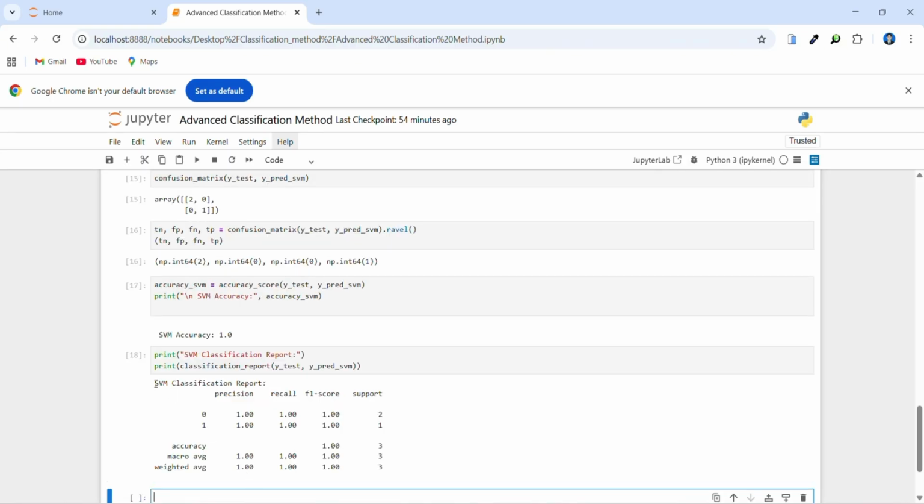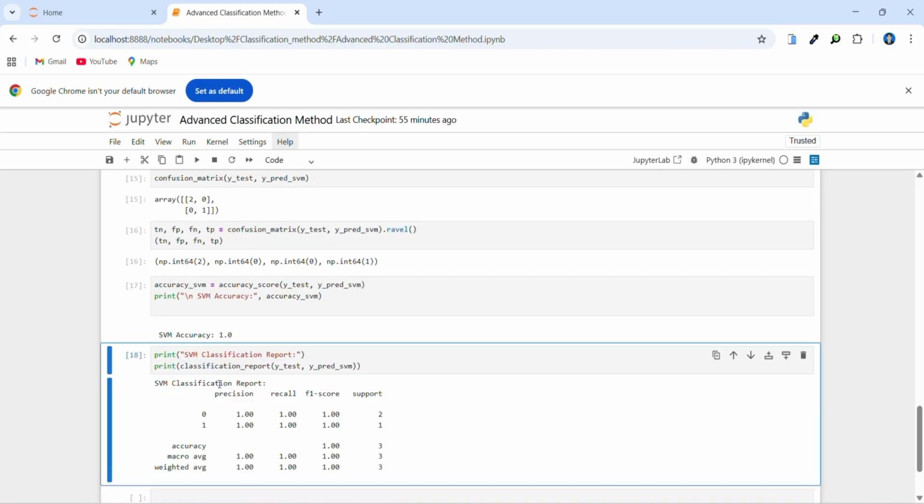Done. Yeah, this is the classification report: precision, recall, F1 score, support. For no purchase, precision 1.0, recall 1.00, it means it's perfect.